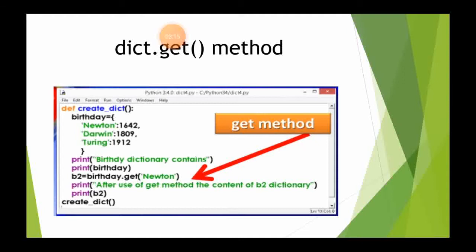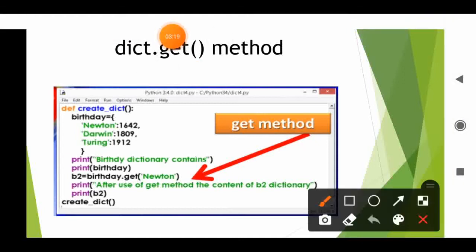The first function is the get method. Def create is a function name. In it I have created a dictionary named birthday, with some key value pairs given. Then the next statement is print birthday dictionary contains.